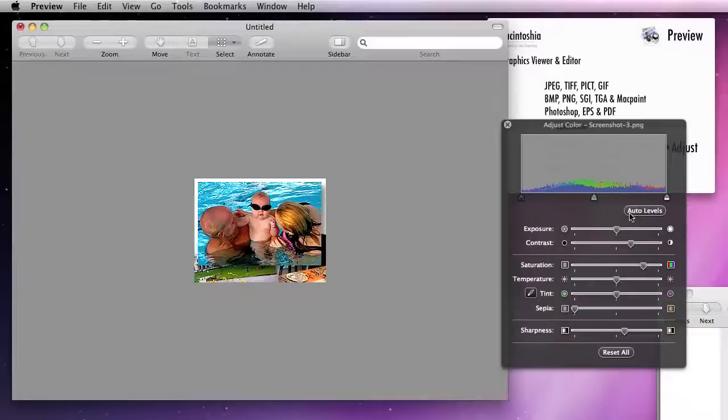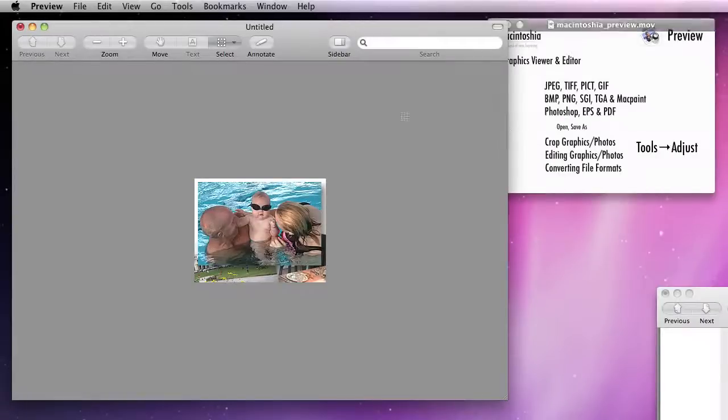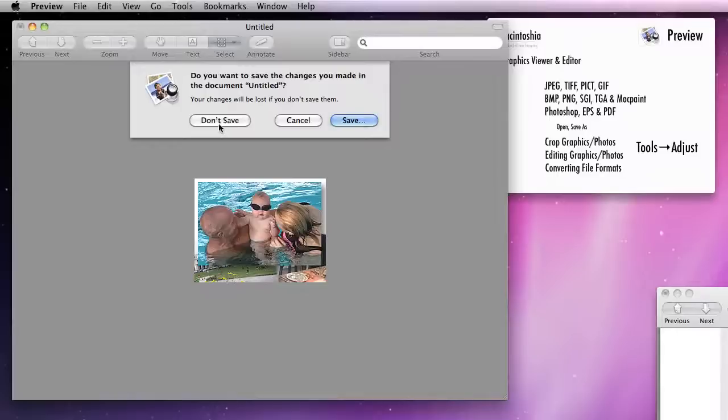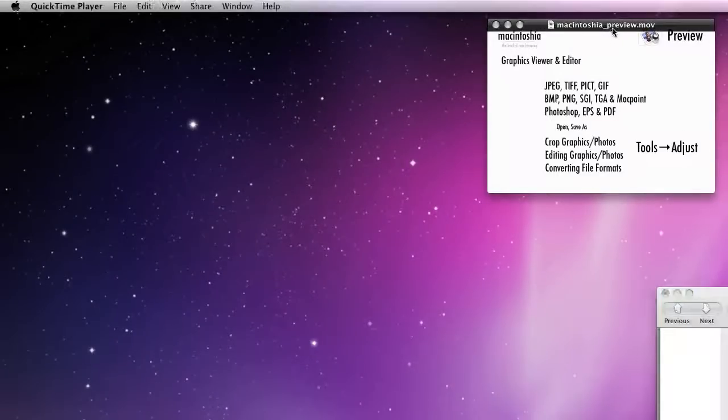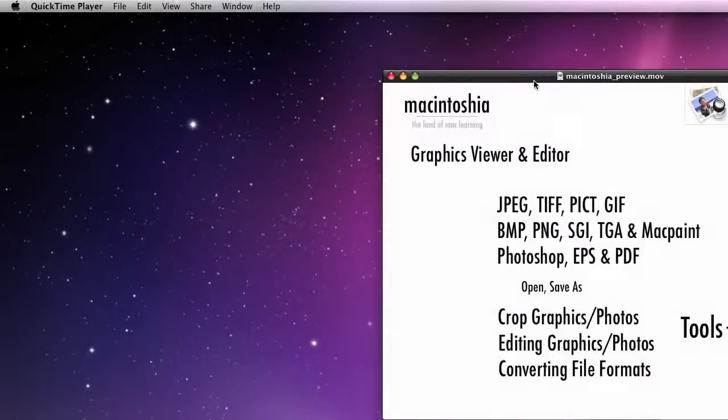Or maybe I just want to say, well, what would you do with it to make it the best? And I'll do a reset and then click auto levels. And so that's a really cool feature. So the graphic editor has a good deal of power, more than you would think and more than most people know. And that's why it's a nice, inexpensive way to use a graphics editor. I'm going to click that window away. Don't save. I'm going to bring my slide deck back up to full view